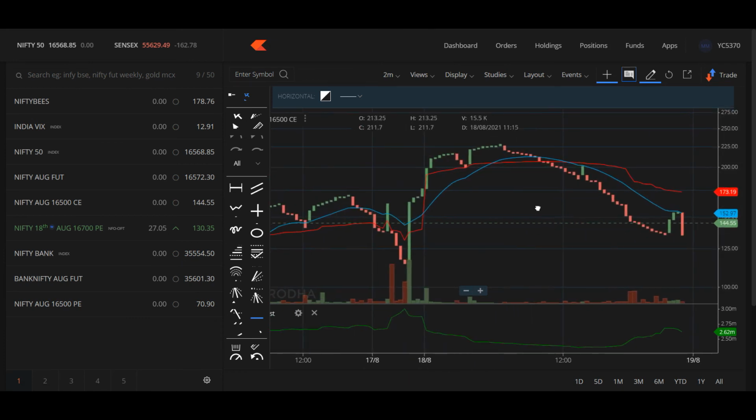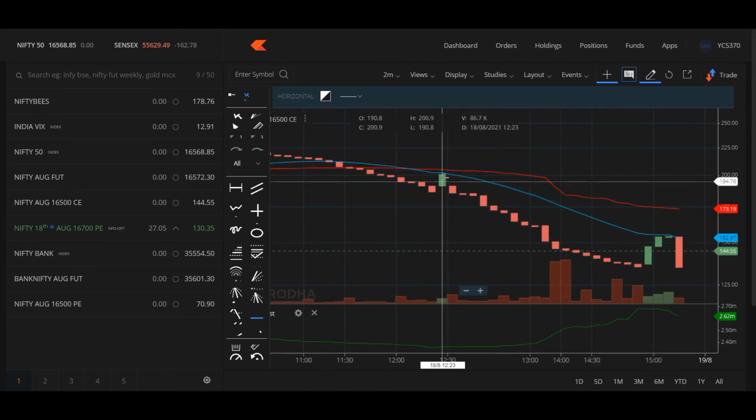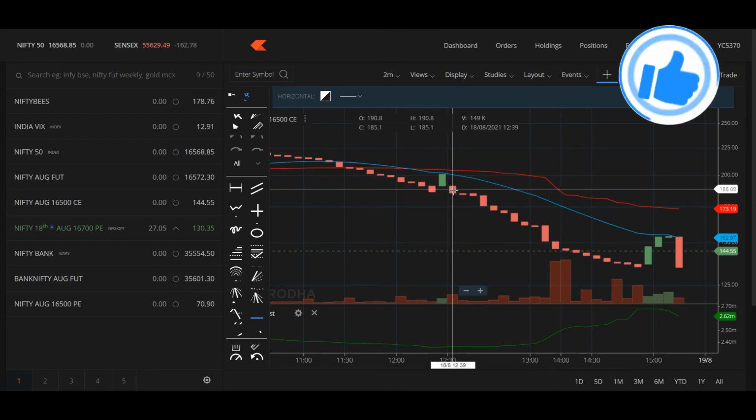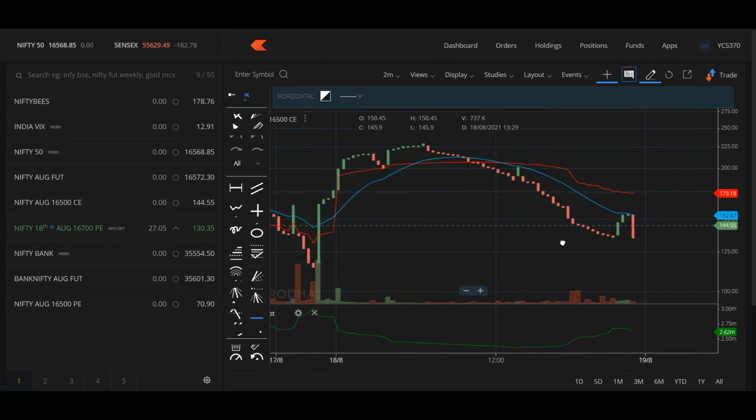Okay, so look at this option, right? It is below the moving average, below VWAP. Look at the support on the VWAP. You can also use VWAP, right? And so whenever it is going up, you can see where exactly it is taking support, where it is taking resistance. Your stop losses will be small if you're taking the moving averages and other things. And look at this. Even if this candle gave this kind of move, you still know there is a resistance at this area. If at all it sustains above this area, then you can continue. Otherwise you can move back to your selling side.